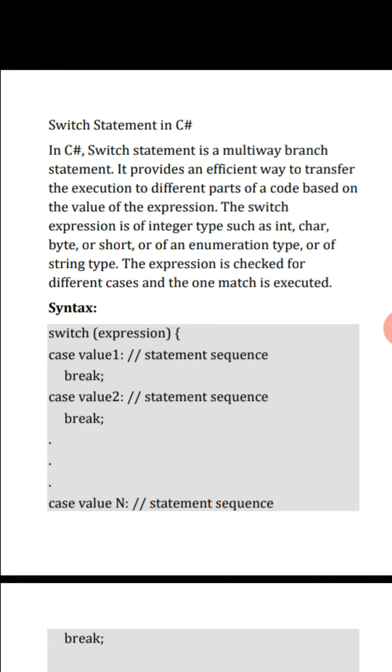The switch expression is of integer type such as int, char, byte or short, or of enumeration type or of string type. The expression is checked for different cases and the one that matches is executed.